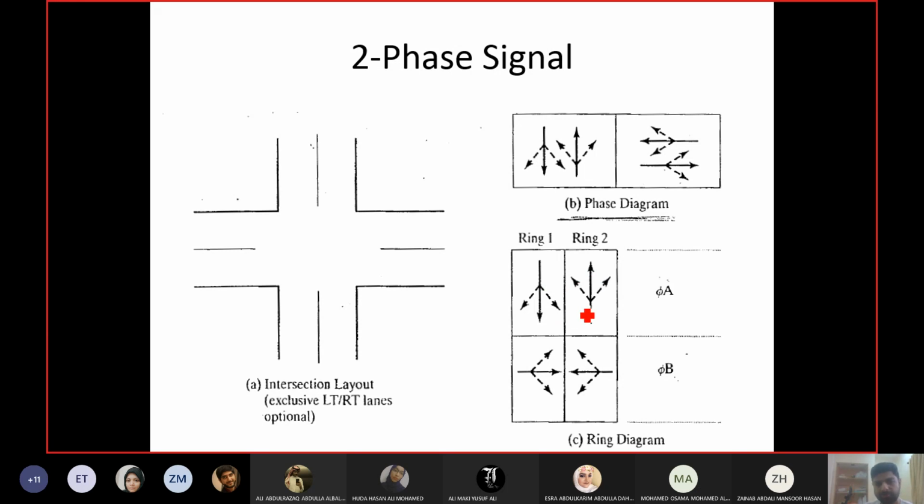So even in a ring diagram, you can show different movements that are happening in the same phase with parallel boxes to indicate that they are in the same phase. Okay, and one thing about consistency, you can see all directions have only one lane, so you can see consistency in the phasing diagram as well. Only one lane is shown, and there is no separate turning lane in any direction, so there is no separate turning phase as well.